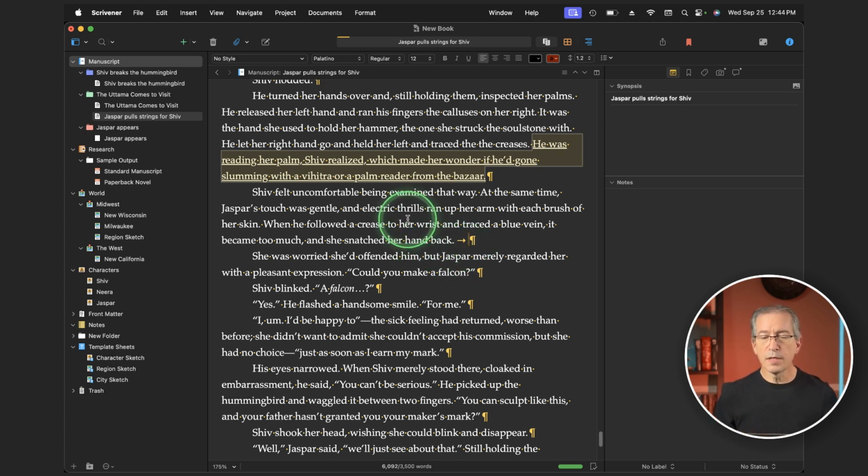And for me, I want my manuscript to be clean. I have indents at the beginning of every paragraph, so I have no need to use tabs in my manuscripts. I don't want extra tabs anywhere else. I don't want any spaces at the end of my paragraph. I just want a paragraph marker. And so I look for that stuff. And the way that you can do that easily is just by showing these invisible characters,